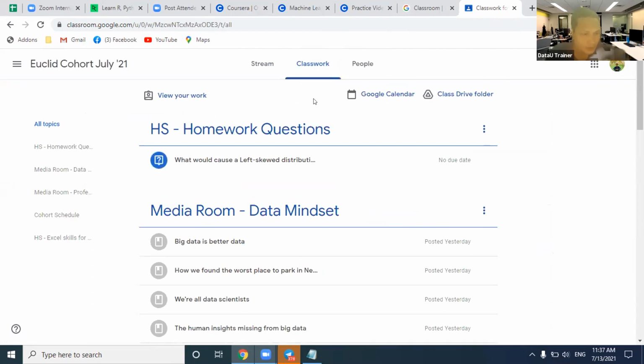So on the left side, you're going to see topics. And right now, if you click on cohort schedule, if you click on that,